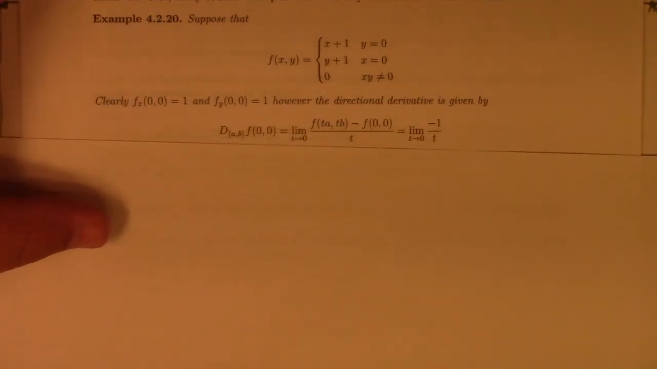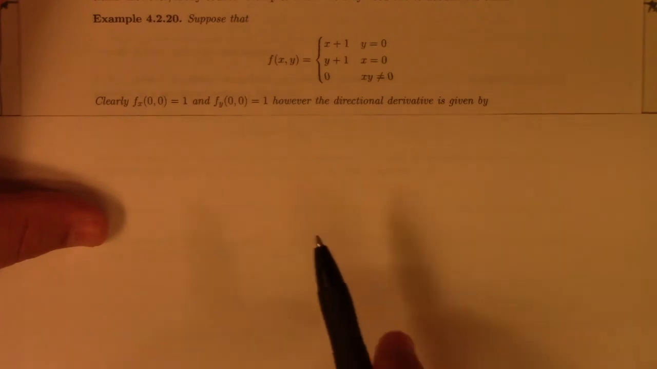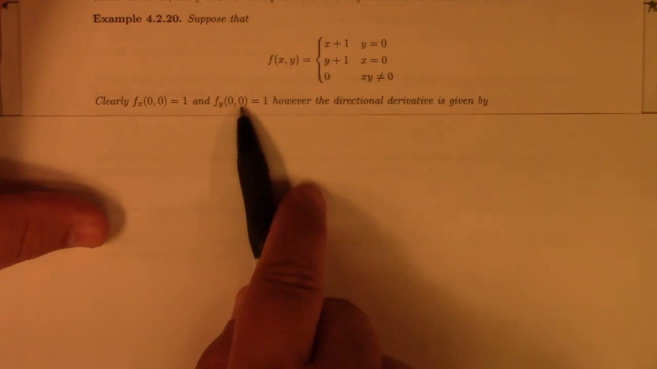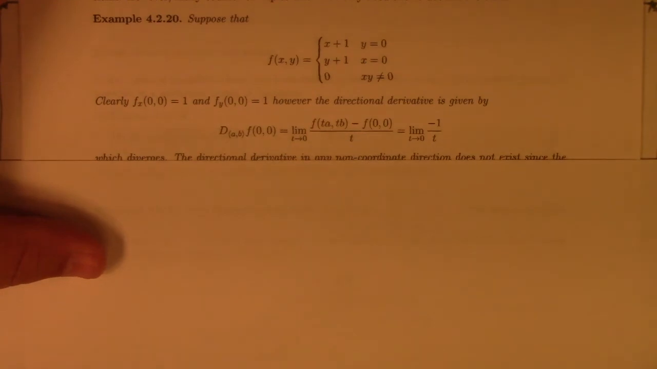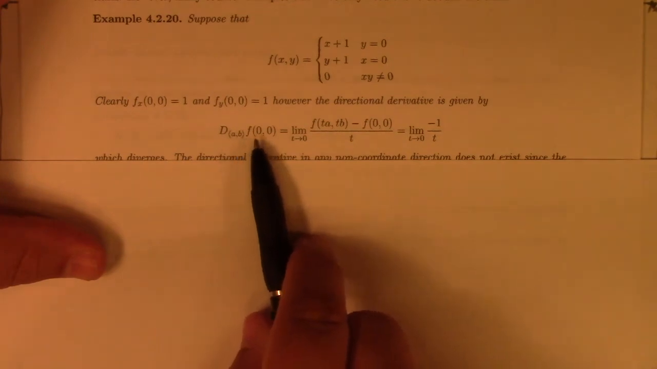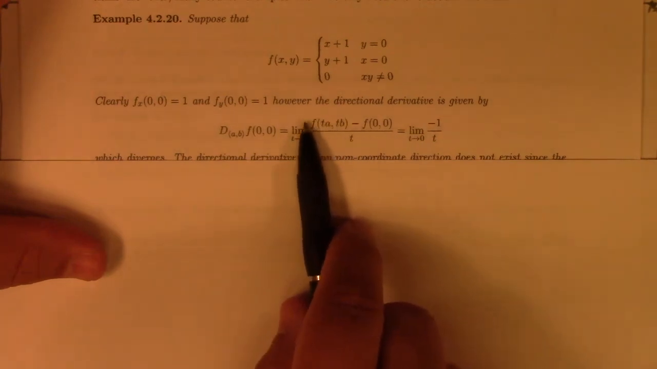So here's an example of how it can break down. You define the function, which is kind of a funny function, but x plus 1 when y is equal to 0, y plus 1 when x is equal to 0, and 0 otherwise. And so you can calculate the partial derivative at (0, 0) in the x direction, or the partial derivative with respect to y at (0, 0), and you get 1 for both of these. And yet the directional derivative, if you go in any other direction than (1, 0) or (0, 1), you get this, which is strictly 0,